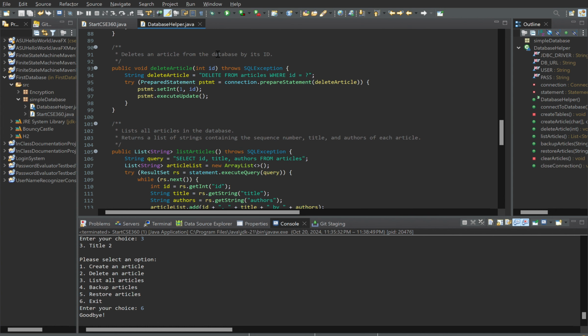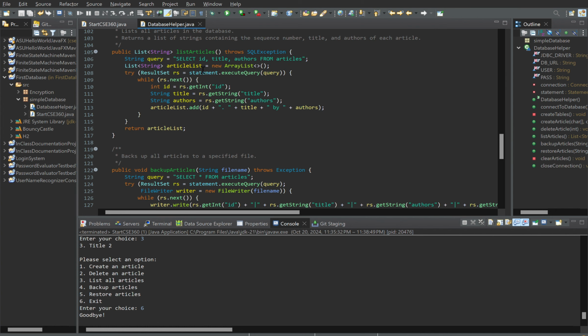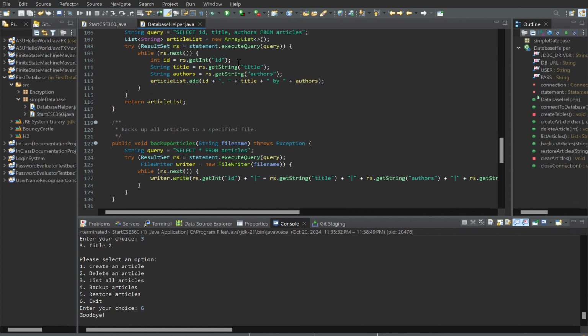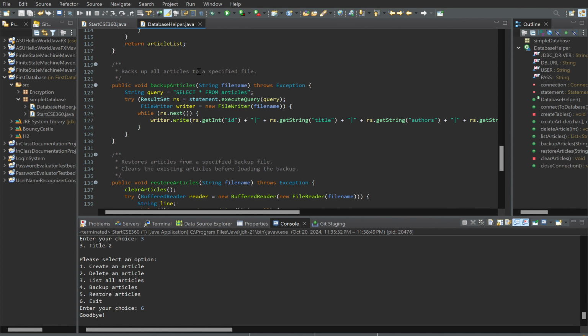Here's the function to delete an article. It's all really simple stuff. Not much to explain here, so the comments do most of it. Here we can list the articles with the ID number, title, authors. I really couldn't get the authors working. So I should say like "by the author", couldn't get it working for whatever reason, but it is there, so it should be. Then we have the backup articles function,